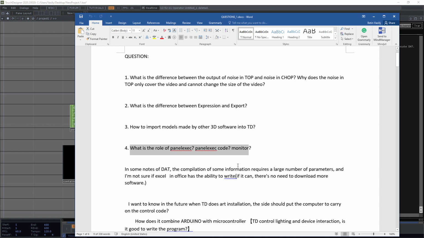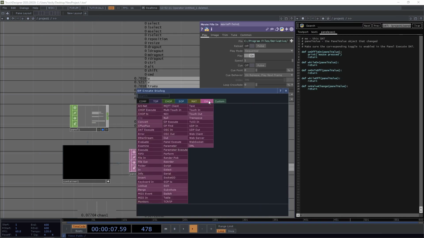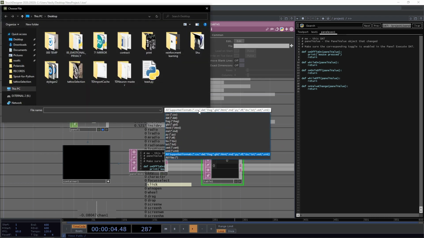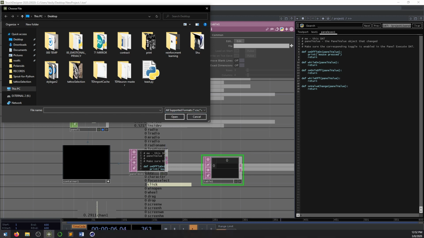In some nodes, the compilation of some information requires a large number of parameters, and I'm not sure if Excel... okay, if you use the Table DAT, you see the supported formats, you can use CSV format, so and XML. So CSV you can export from Excel. So if you have an Excel file,